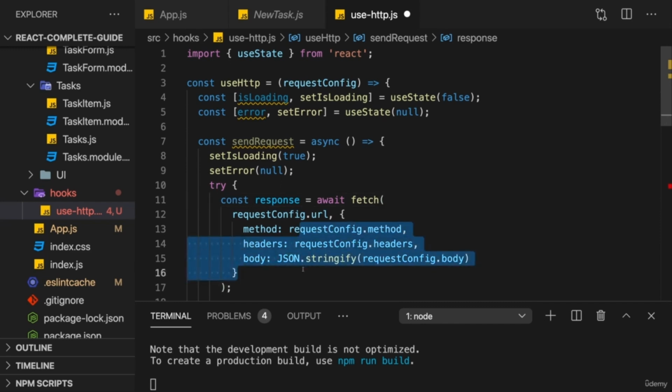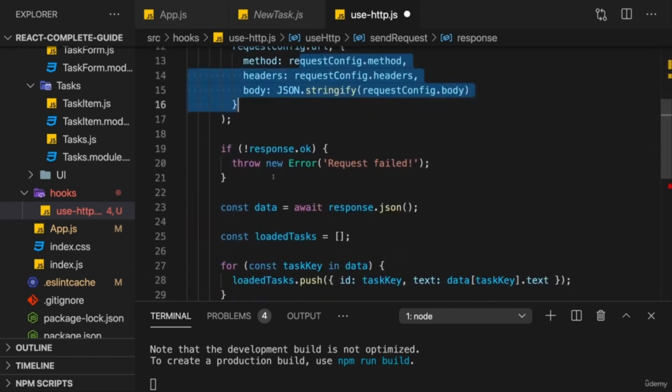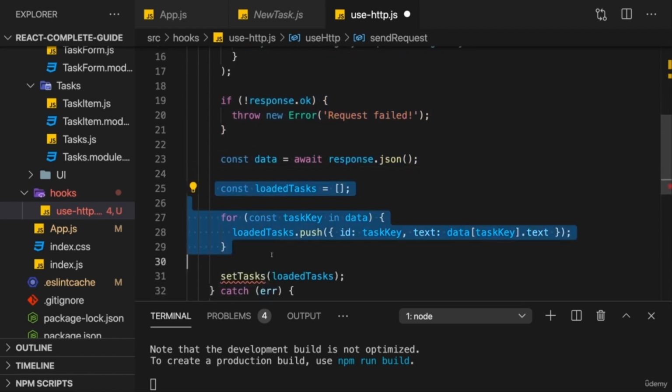Now how this request is being sent is a bit more configurable. Of course, I want to then check the response like this, and I want to transform the response like this. I am assuming here that we're always working with JSON data, so I will not make this hook super generic to work with any kind of data. I will limit it to JSON data, because everything else would be far beyond the scope of this course. And therefore I will keep these steps here, but the transformation and so on, and what we do with the data in the end, that of course is then again highly specific